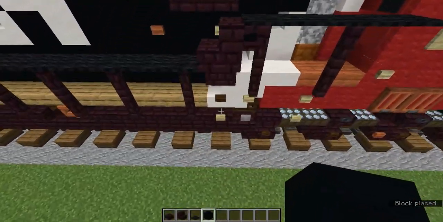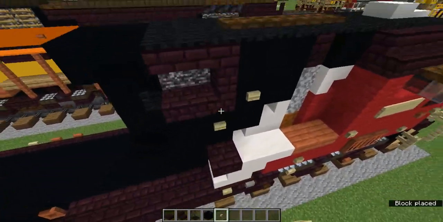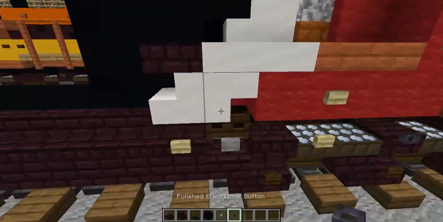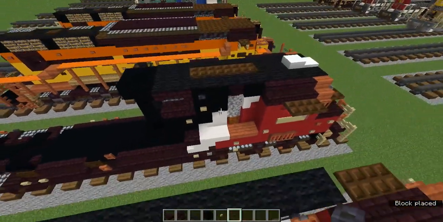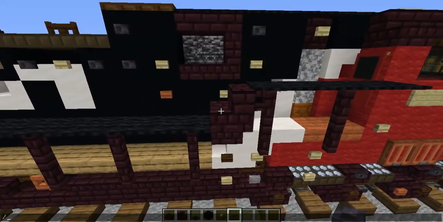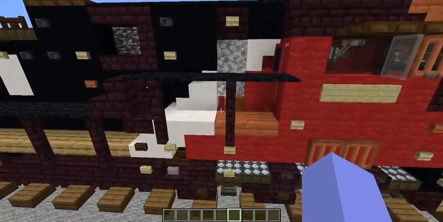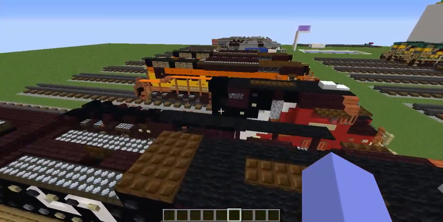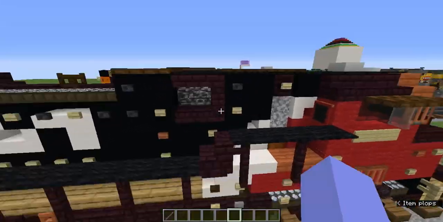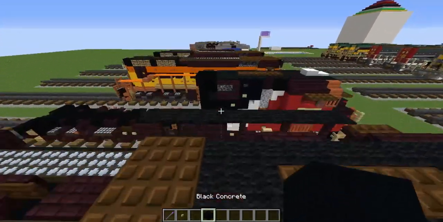And let's add black concrete there. And we're going to add birch buttons diagonal like that. And above this birch button, we're going to add a polished blackstone button like that. And now if you have debug sticks in your version of Minecraft, we're gonna get our debug stick, and we're gonna grab the birch button and the dark oak button,